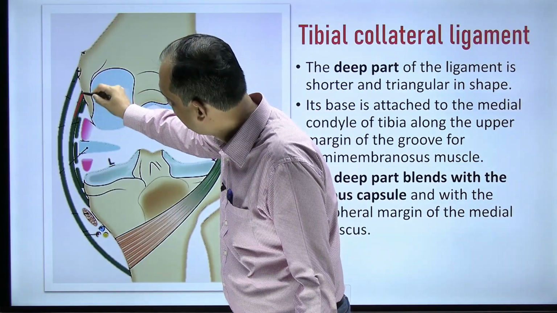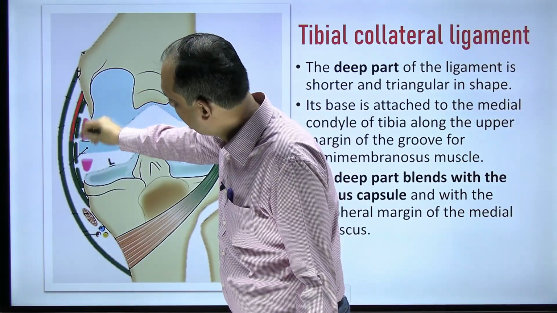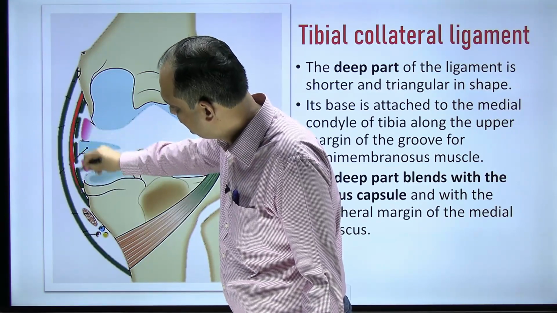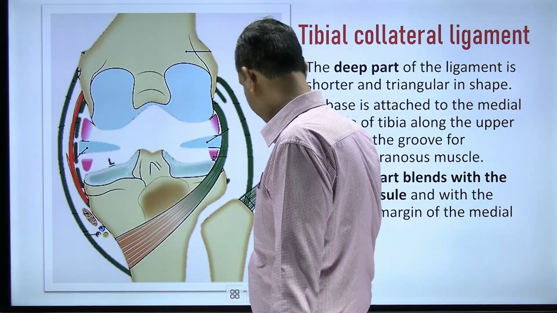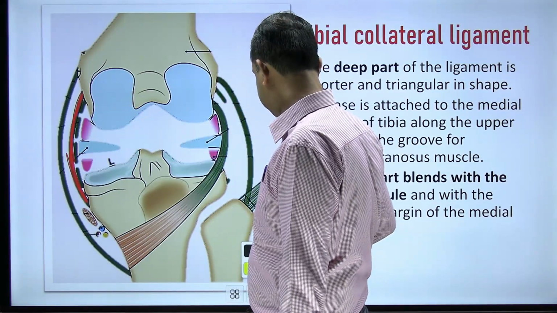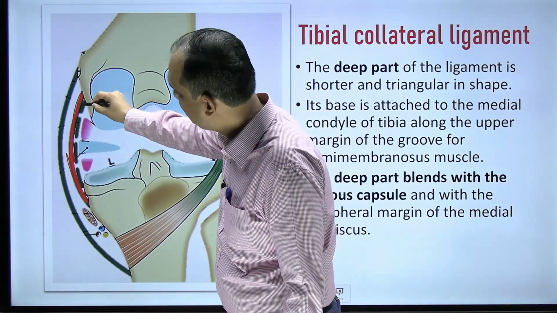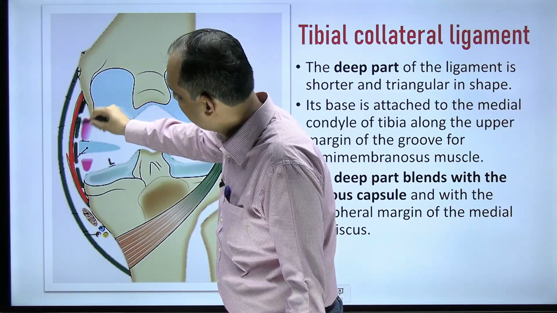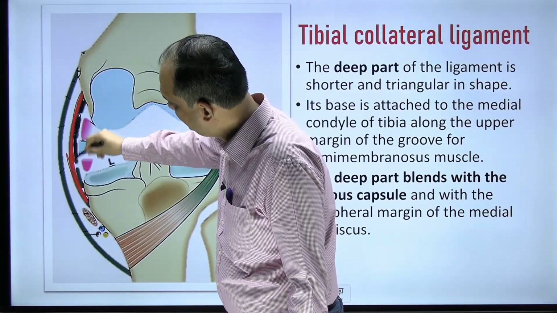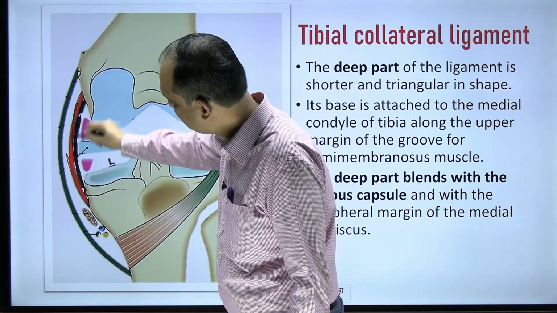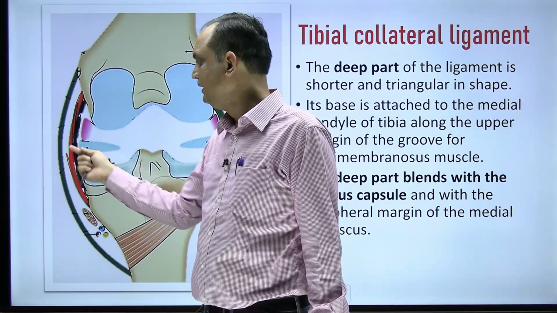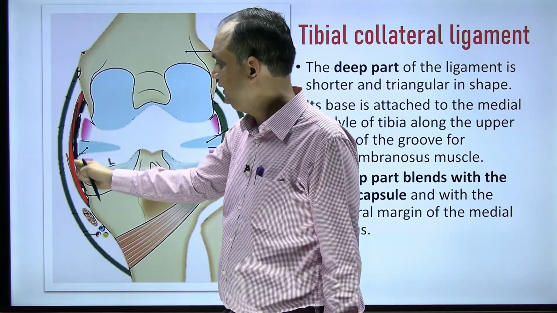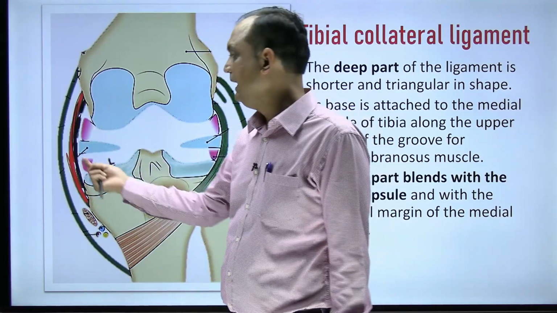Now this is the deep part of your ligament. When you are drawing this deep part, you can see that just inside it you have one more line. This line which is visible here is your capsule. Here you can understand that this capsule has a very close relation, or you can say the inner side of this deep part of the tibial collateral ligament is adherent to